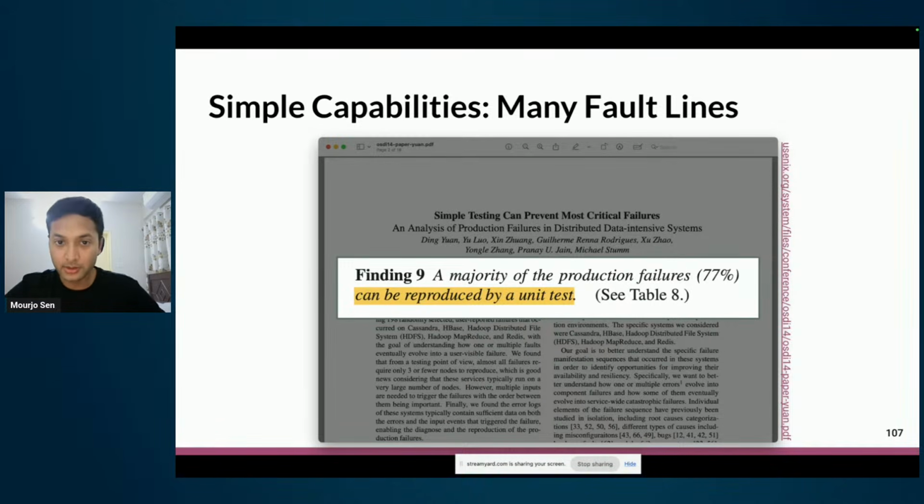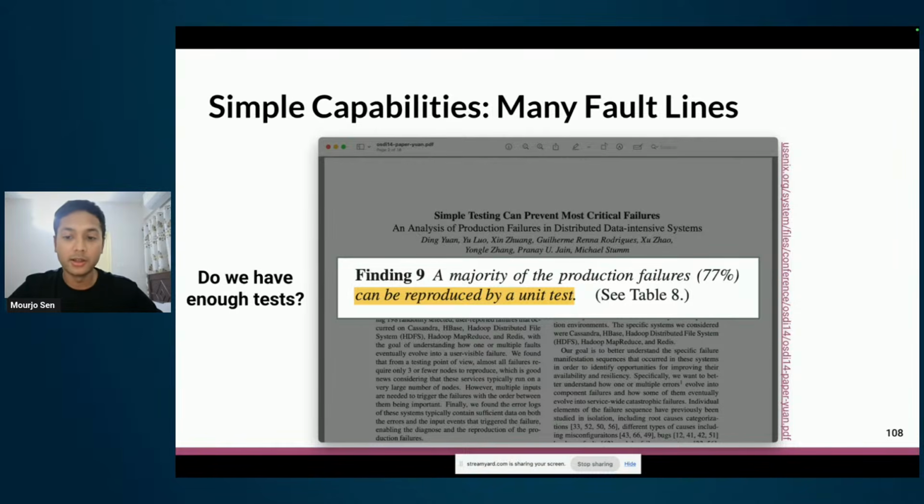So we have the tools, right? We have the tools, but even though we are able to write tests and the tests are capable enough, failures go to production. So even applications out there have many fault lines. So the question in my mind is, why didn't the authors actually figure out where the problem is? I would say that the answer, in my mind at least, is that we don't have a way of knowing if you have enough tests, right? Because writing unit tests or example-based tests, we pick and choose examples, but we can never be sure that we have covered everything.